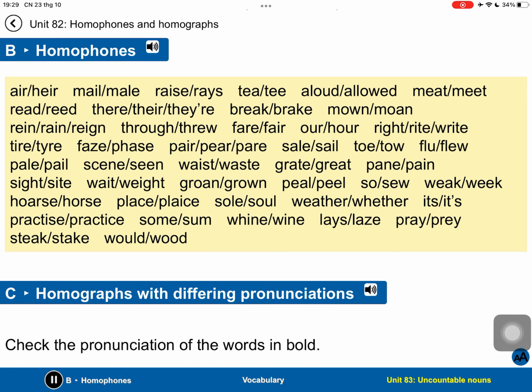B. Homophones. Air, allowed, break, fair, phase, flew, great, grown, horse, its, lays, male, meet, moan, hour, pair, pale, pain, peel, place, practice, pray, raise,